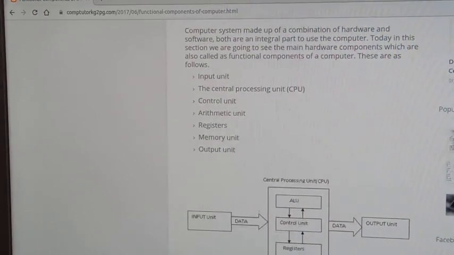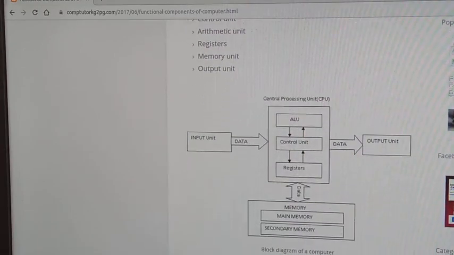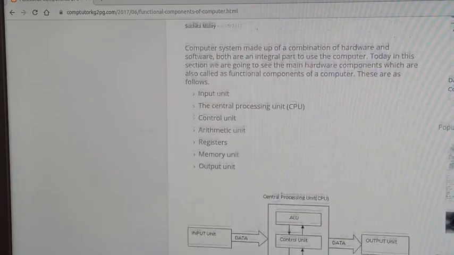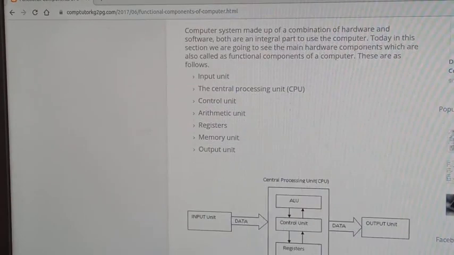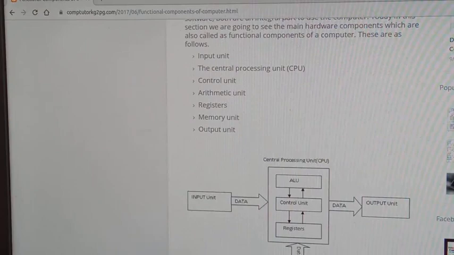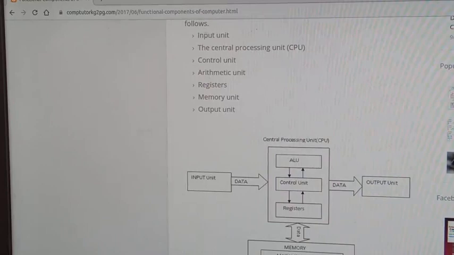An important figure here is one you need to draw. Each computer contains mainly three different components: the input unit, the CPU (central processing unit), and the output unit. This is the figure. You need to draw this block diagram of a computer. The question is like that: functional components of a computer, you need to draw this figure first. In your textbook, Sumita Arora, page number 8, that figure is available, so you can draw it.